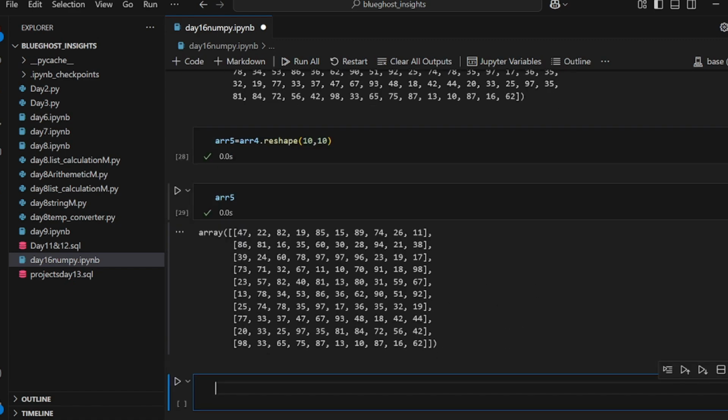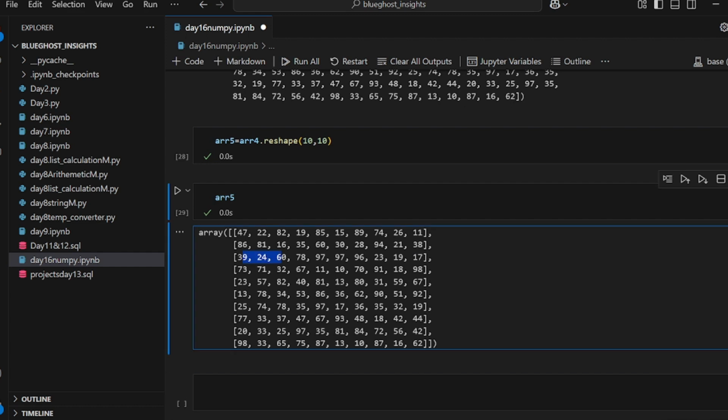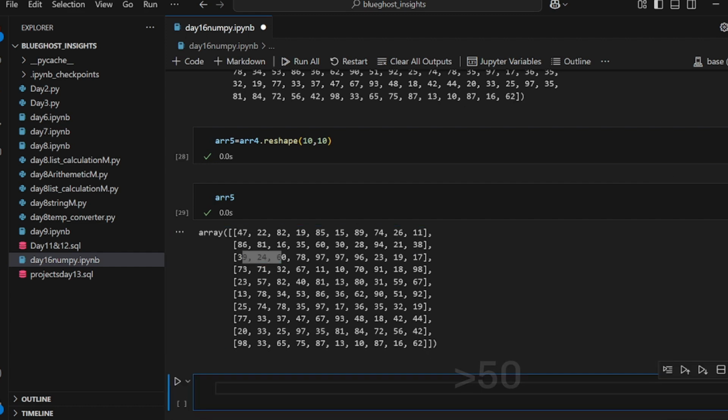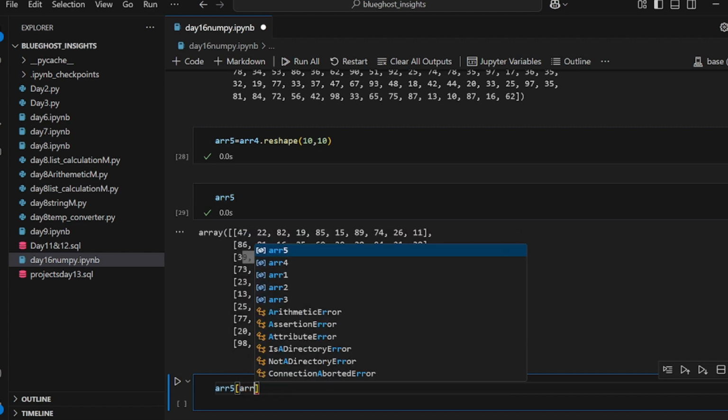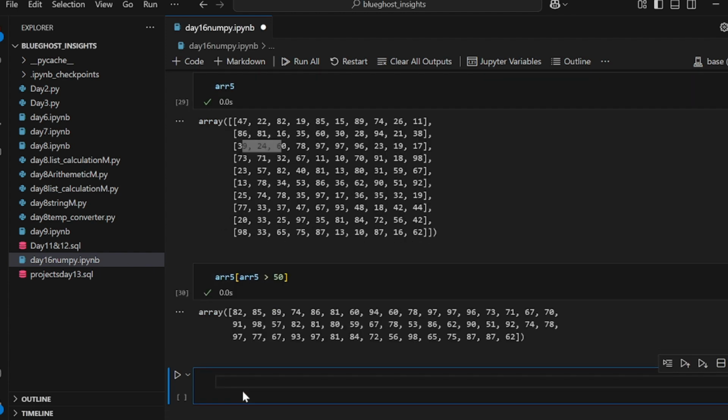You remember one thing our data said: the customers that pay $100 to your company, and you want to find out how to do that. So we use NumPy to do that, and now I'm going to implement it to show you how it's done. Let's say I'm looking for numbers that are greater than 50. I want it to only display that. So I'll say array 5, then inside of brackets, array 5 greater than 50. I run this, and you see it only gives me numbers greater than 50.